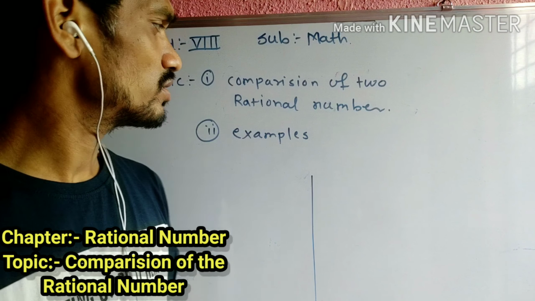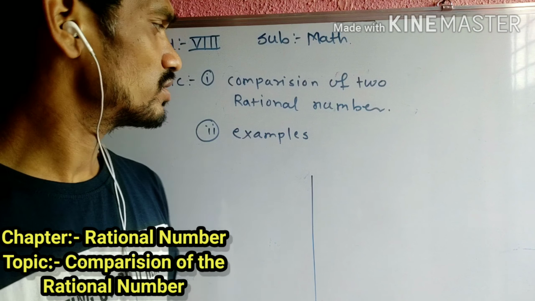Why? Because minus 59 and minus 100, minus 59 is closer to 0. That's why we take minus 59 bigger than minus 100. Same rule we are discussing over here. Compare the given rational numbers. Okay, students, we have to compare two rational numbers. We have given 6 examples, so one by one we are going to deal with them.